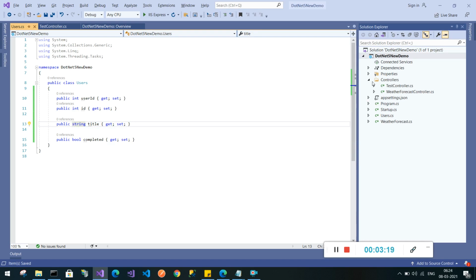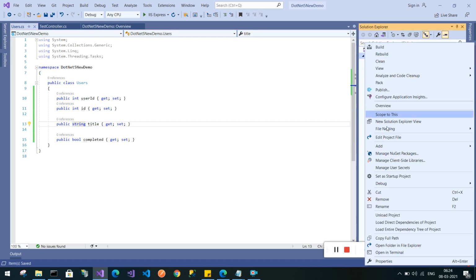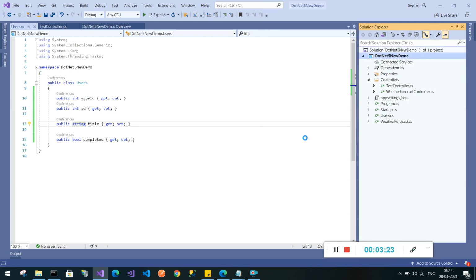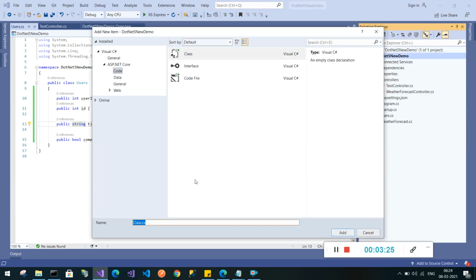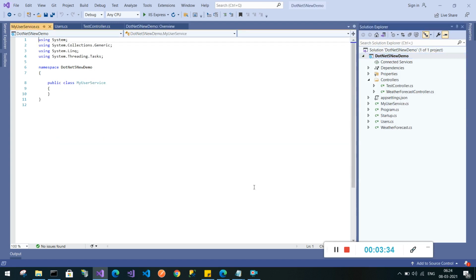Next I will create a class. Basically it will be a service class. And in this class, create an HTTP client.